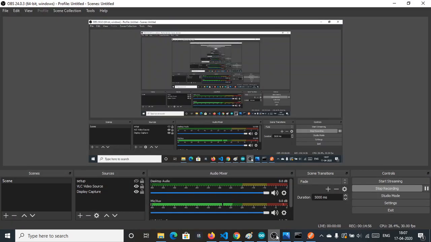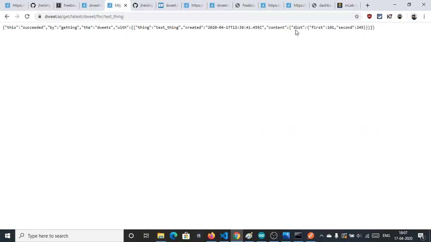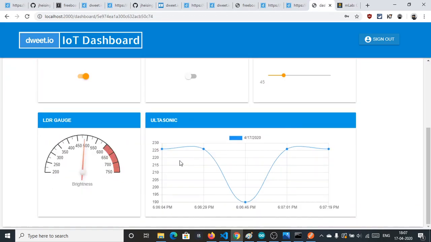Let me check the session. Yeah, so as you can see here, in distance we now have a JSON object, and this can be useful in some scenarios. But in my scenario, I am basically storing five ultrasonic data values in our database, you can see it here, and so I have used the object.